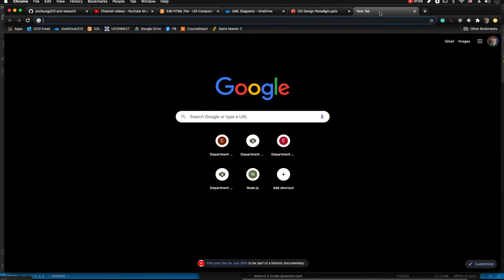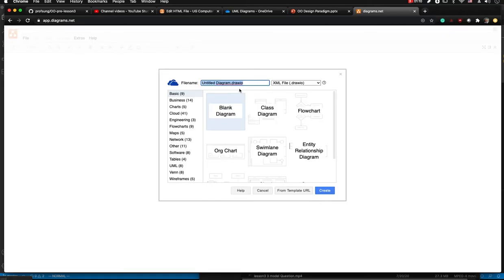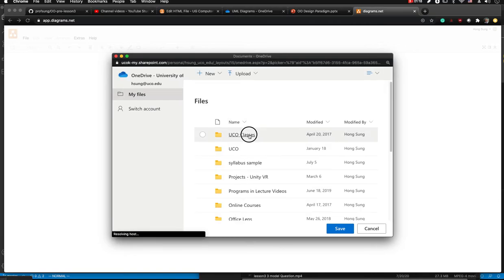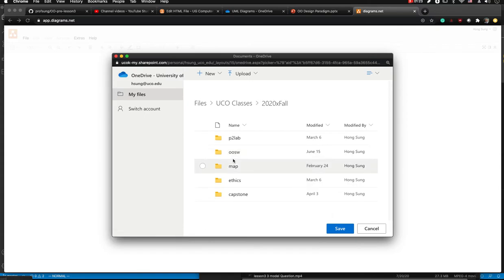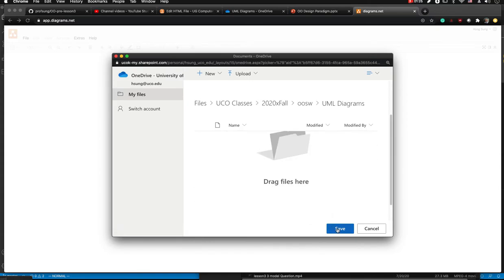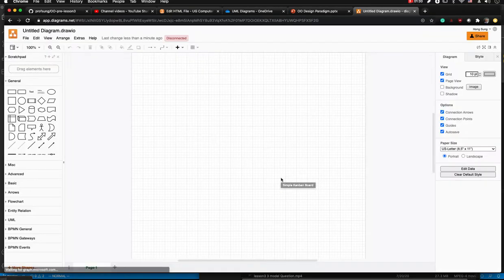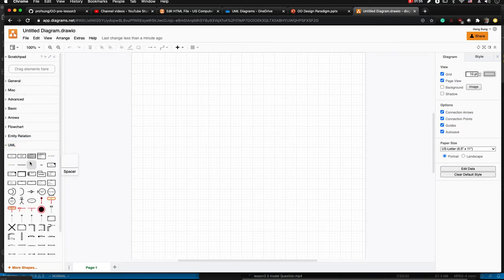It's a circle and rectangle. So from draw.io, let's create a new diagram, and then a blank diagram. Let's create it, and the location. I have designated a folder for that, and here is the location where I'm going to save the files. So we are going to use UML. First, let's draw a diagram for